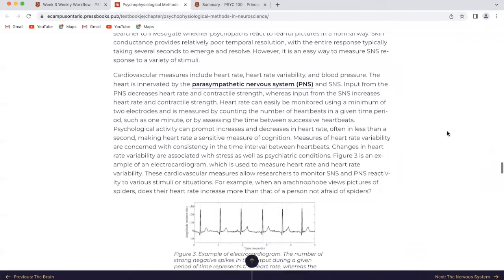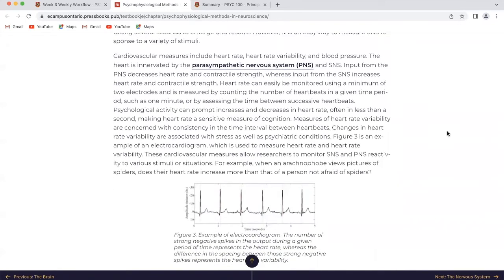Cardiovascular measures include heart rate, heart rate variability, and blood pressure. The heart is innervated by the parasympathetic nervous system and SNS. Input from the parasympathetic nervous system decreases heart rate and contractile strength, whereas input from the SNS increases heart rate and contractile strength. Heart rate can easily be monitored using a minimum of 2 electrodes and is measured by counting